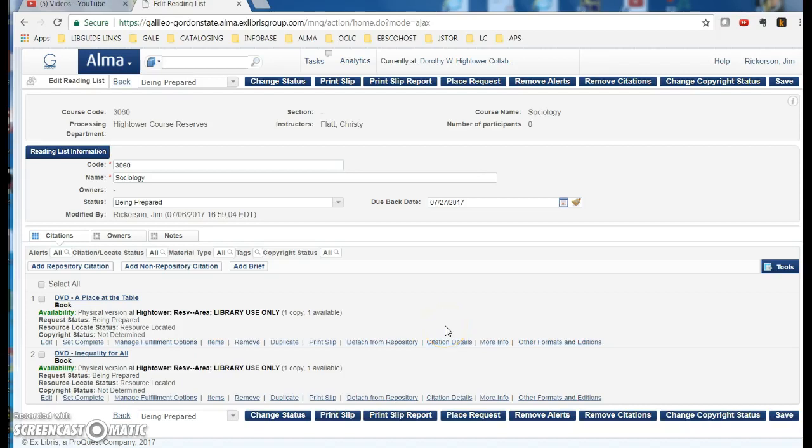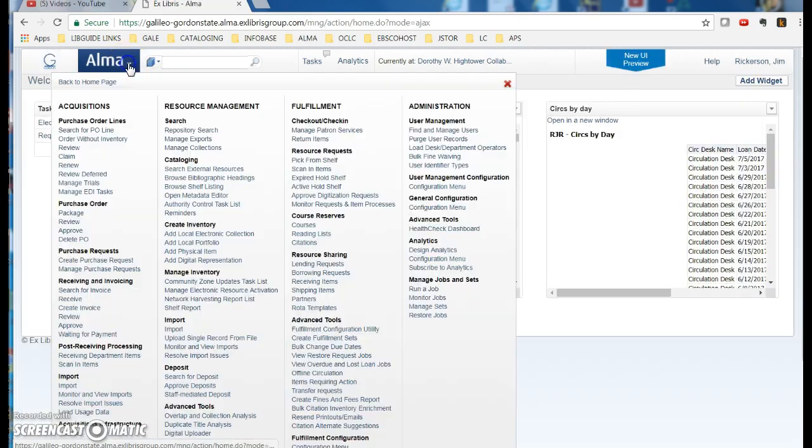Alright, what I'm going to go through here is how to add a brief record to a reading list. And what we're looking at here is the reading list for Sociology 3060. And when you would want to do this is maybe if a professor has